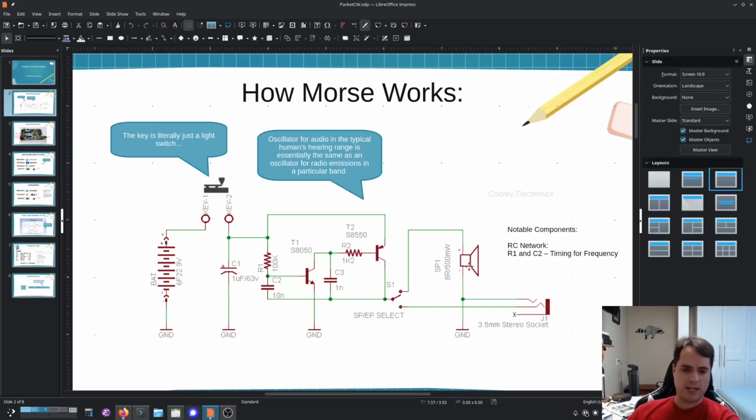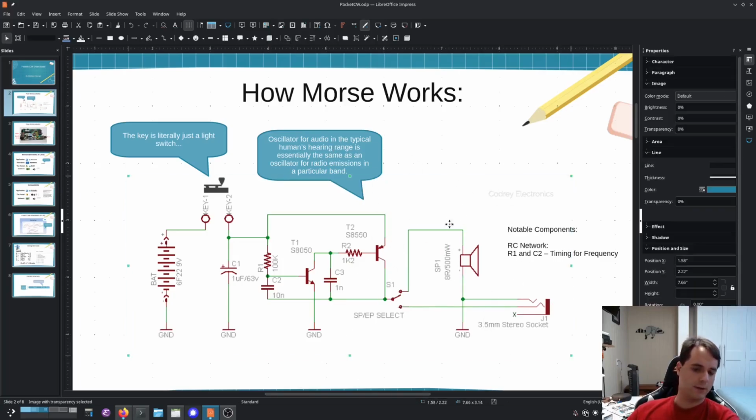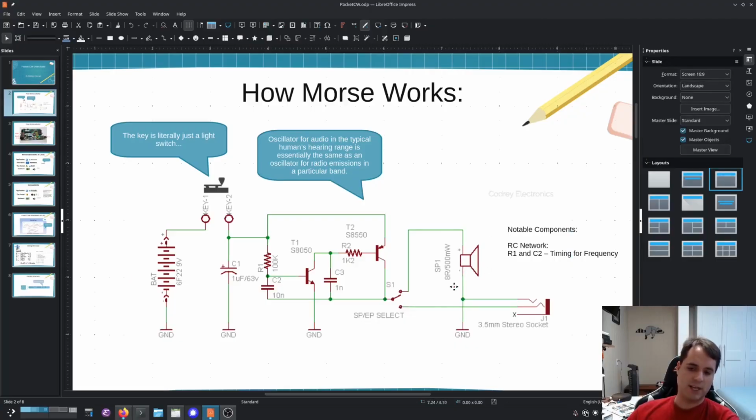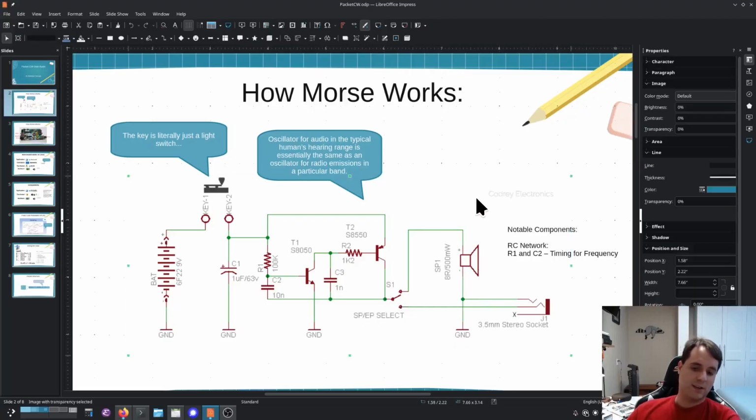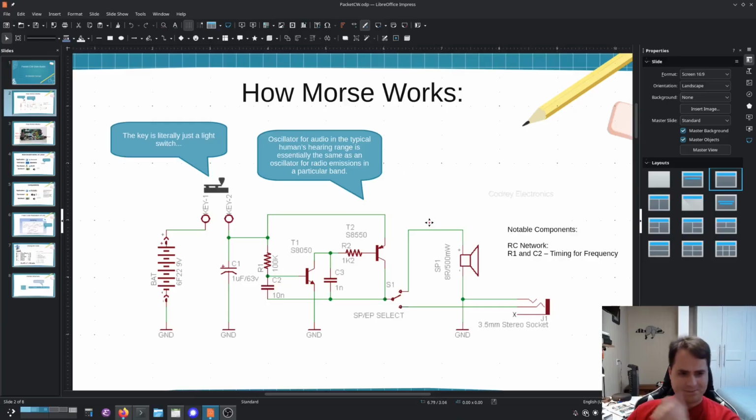And you basically just route that signal from all of that into the rest of your radio hardware, or in our case, it would be a speaker, which is kind of what's diagrammed here. And that's how the code is actually being generated. And so that's kind of what the C program is doing under the hood, is it's taking in those dits